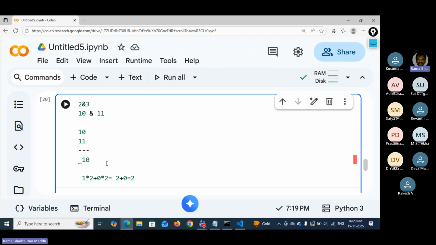Equal to 2. So the simple AND operator: the decimal value is converted into binary and it will perform the binary AND operation. The result will come in binary. The binary value is again converted into decimal. The ultimate result is given in decimal. So the bitwise operators simply give